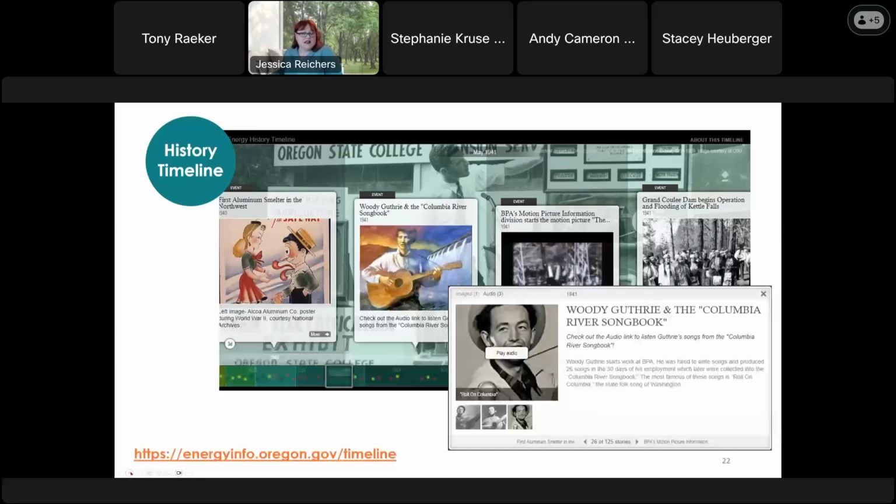state, and among the many events along the timeline are actions and policy choices that Oregon's leaders and citizens have made in response to changing times, like stronger clean energy policies or a focus on electric vehicle adoption. So in the 2022 report, ODOE evolved that timeline to create an interactive online tool and experience, which is really cool. Our team collected dozens of photographs, stories, videos, and more to create an insightful and informative journey through Oregon's energy history and present. So for that 2024 Biennial Energy Report, ODOE has added additional milestones from the last 2